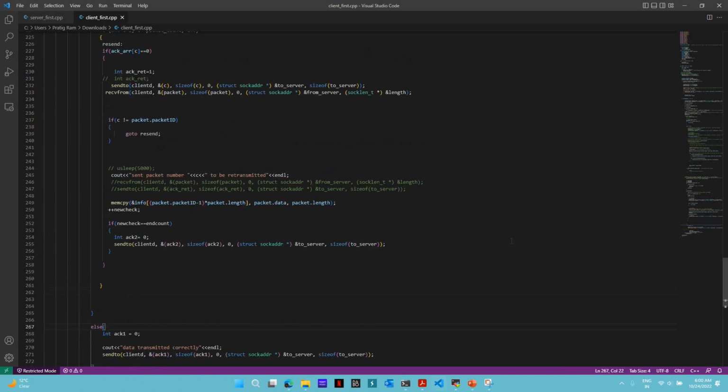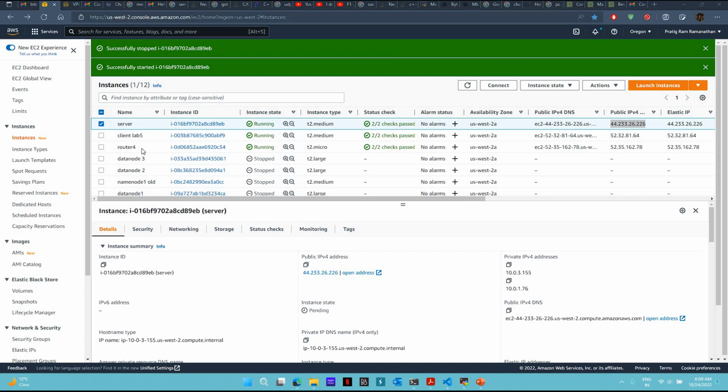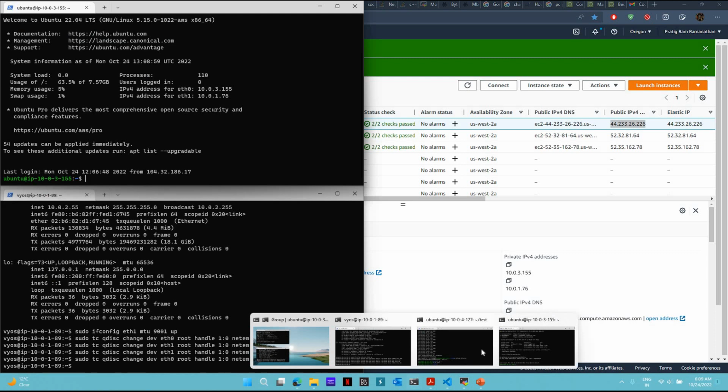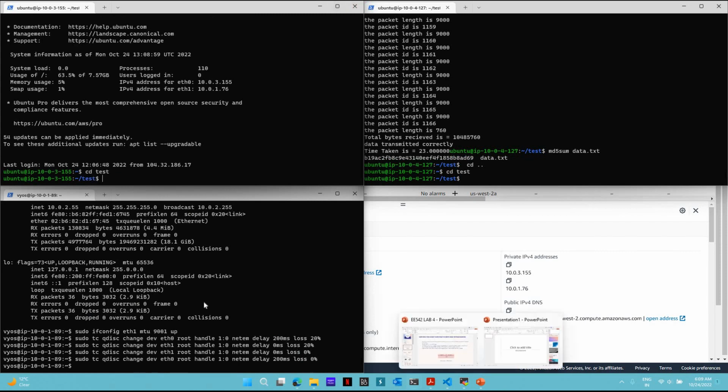Now let's go to AWS to test the protocol and the systems. We have these three instances in two subnets and the router connecting the server and the client. So let's go to the command window where we have SSH'd into the three instances. So we can start. So in the first case,